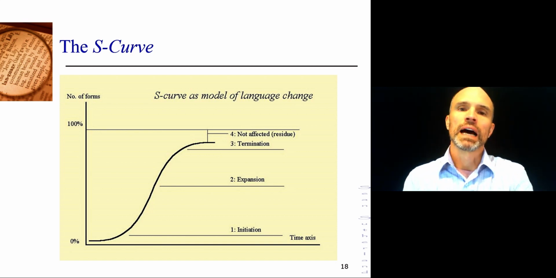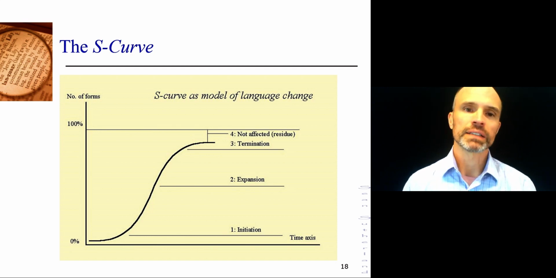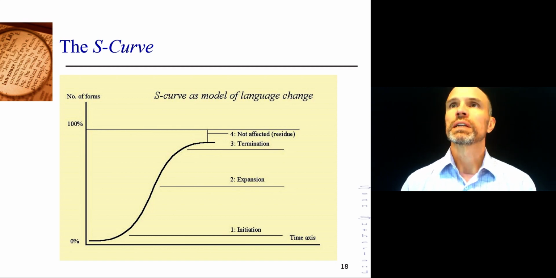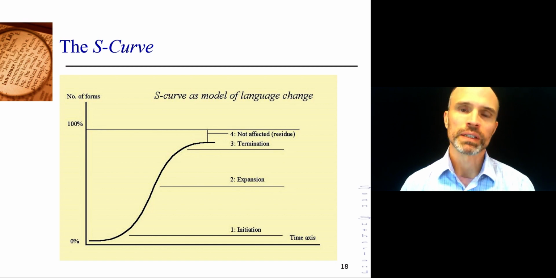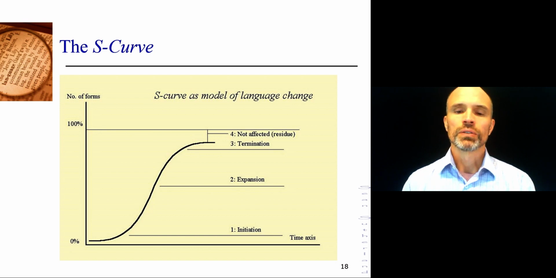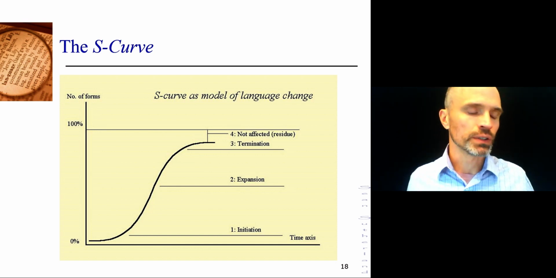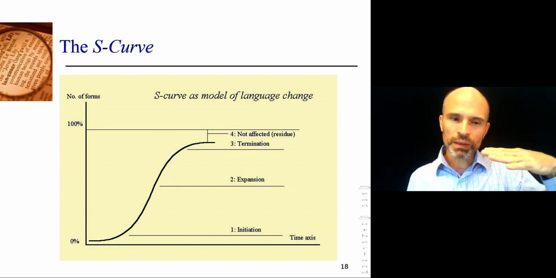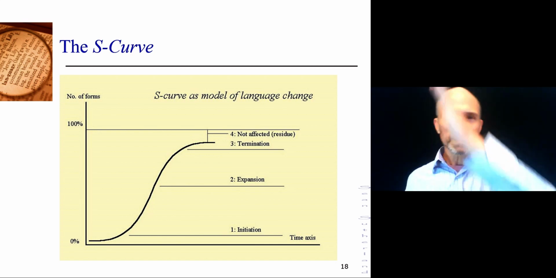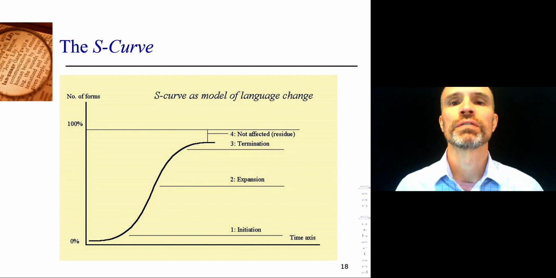What happens? The word first gets its first usages with a very small group of people. In this case, I looked it up when I wrote about this a bit in a book, over 100 years ago now, gay people used the word themselves as a code, right, to talk about being gay without people knowing. They start using the word gay, so it's used by a very small number of people. But then eventually the word will take off very quickly, and you see that rapid rise in the S curve